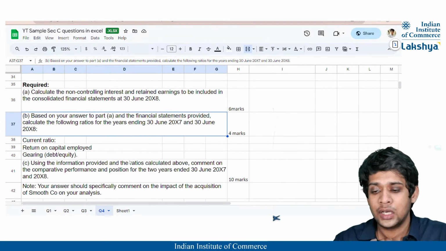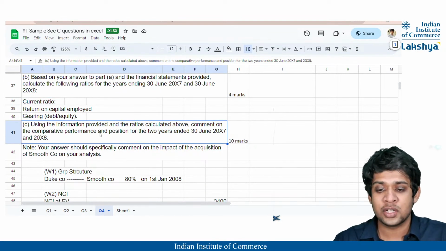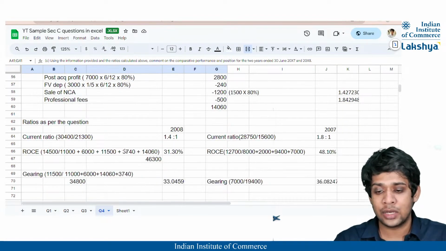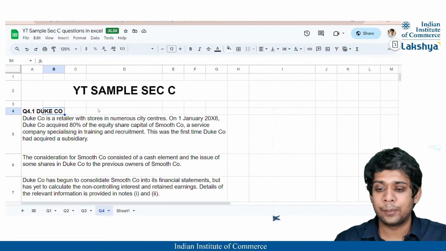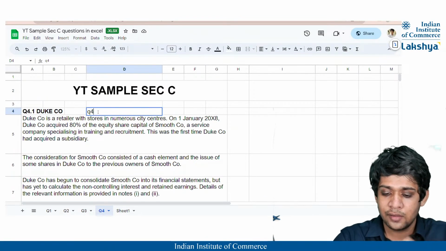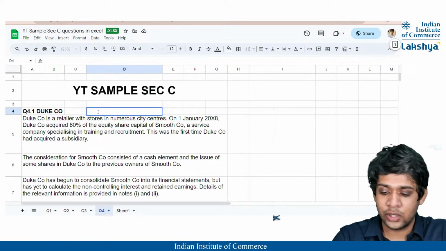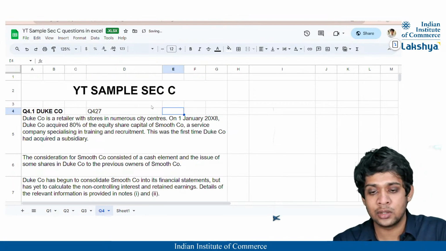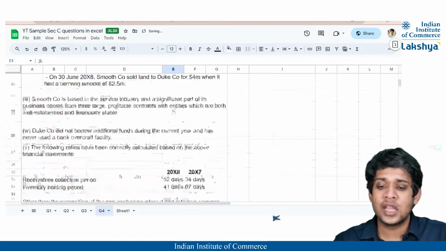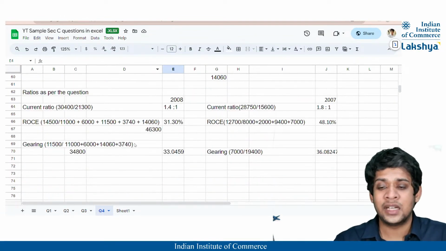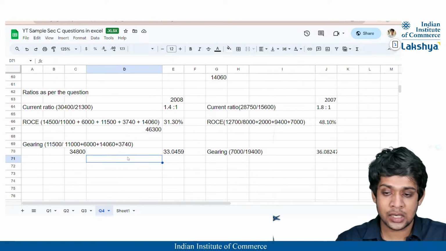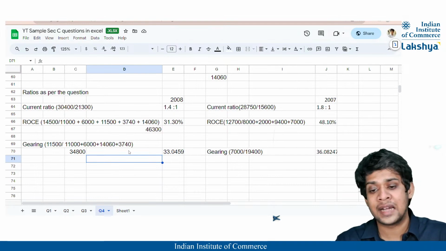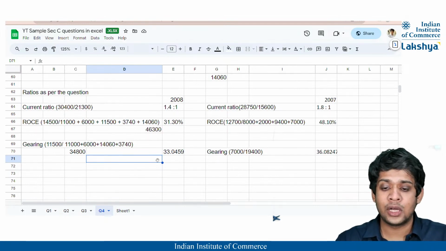ठीक है, अभी यहाँ पे जो भी मेंशन करने बोल रहे हैं, यूजिंग द इंफॉर्मेशन प्रोवाइडेड कैलकुलेट द रेशियोज अबव। तो ये तो हमने कैलकुलेट कर लिया, अभी हम लोग को खाली इंटरप्रिटेशन करना है। सो इंटरप्रिटेशन तो गाइस आप यहाँ पे बाद में गो थ्रू कर सकते हो। ये जो सम है ये ड्यूक कंपनी सम है, जो आई थिंक क्वेश्चन नंबर 400 के आसपास आता है। मेरे बुक में तो ये क्वेश्चन नंबर 427 है, आपके बुक में आई डोंट नो किस क्वेश्चन में होगा, बट प्लीज इसको गो थ्रू कीजिए, आपको इसमें इसका एक्सप्लेनेशन भी मिलेगा। हर चीज का एक्सप्लेनेशन मैं दे नहीं सकता, क्योंकि रेशियोज को इंटरप्रेट तो खुद से ही करना है, तो पर्सन टू पर्सन ही डिपेंड करता है। आई होप आप इसको खुद गो थ्रू करेंगे एंड आपको इसमें क्लैरिटी मिल जाएगी।